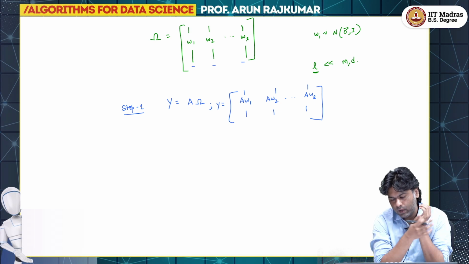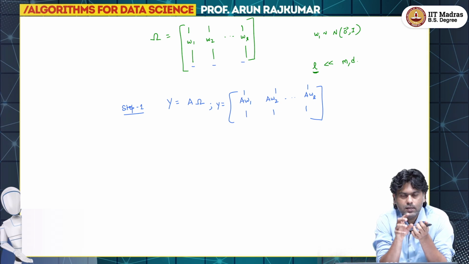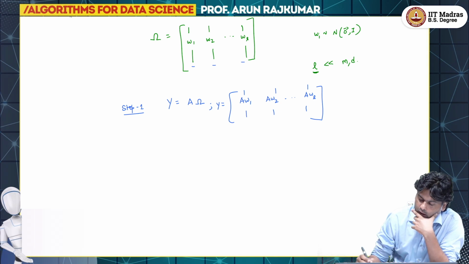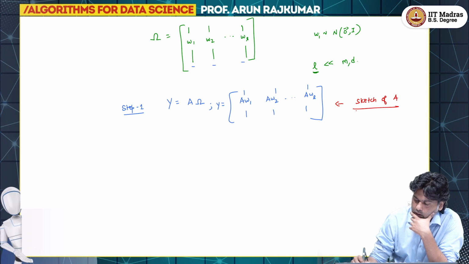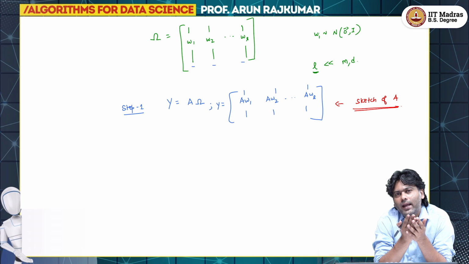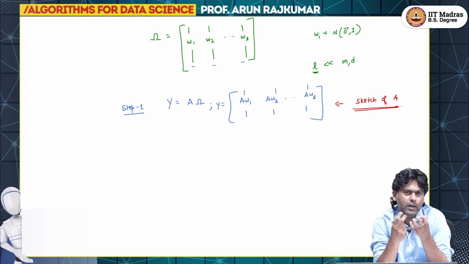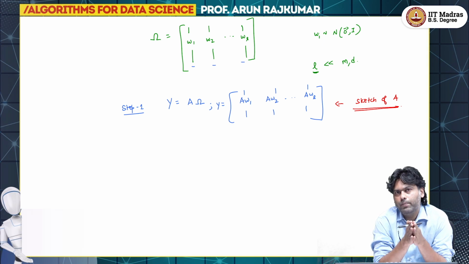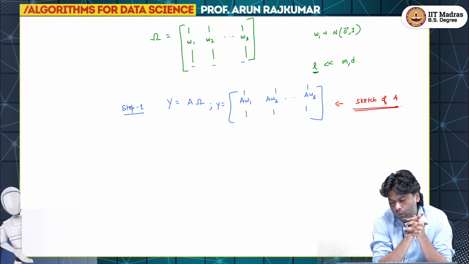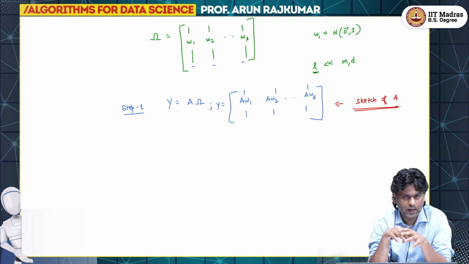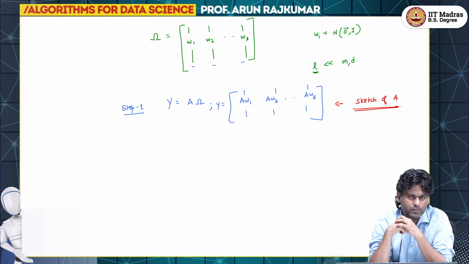In some sense, this is sometimes called a sketch of A. I don't need the entire A to do SVD, but I am picking some representative linear combinations of A, which is somehow enough for me. Hopefully this is distributed in the directions where the energy of A is spread. Now, what I am going to do next is